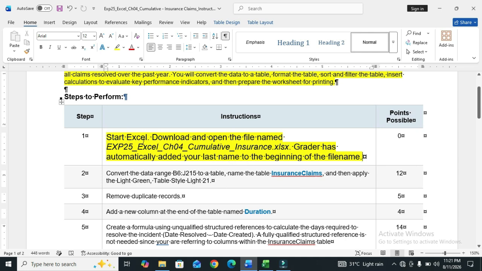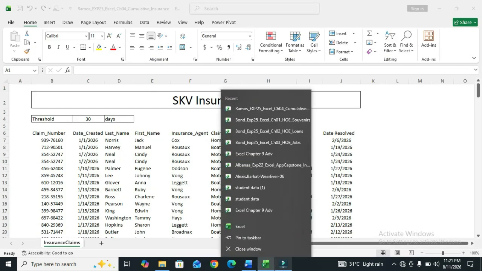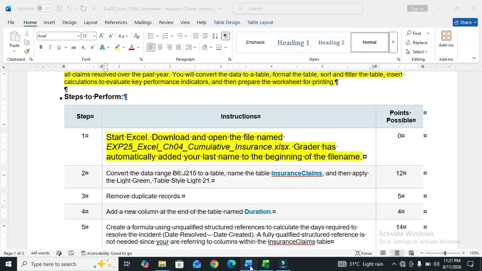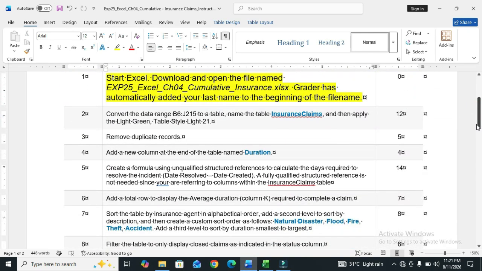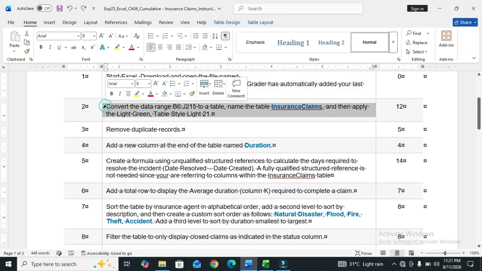So start Excel and download and open the file. So we open the file. I have already downloaded this file. So step number 1 has completed. So we move to step number 2.